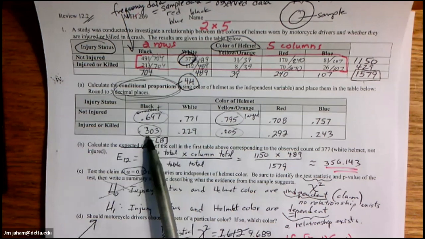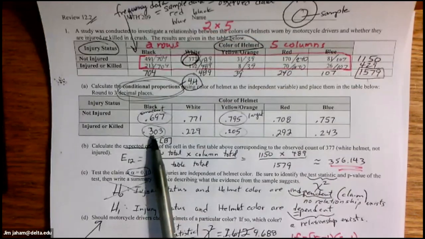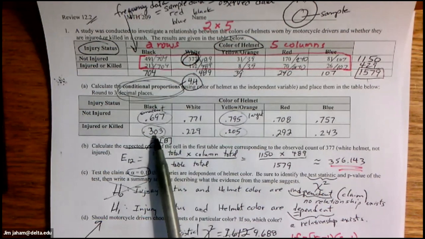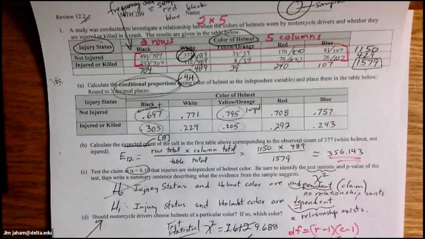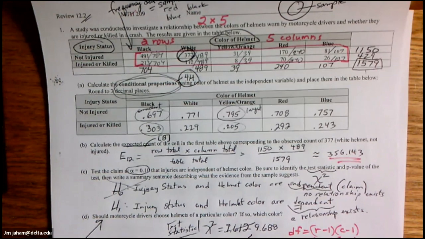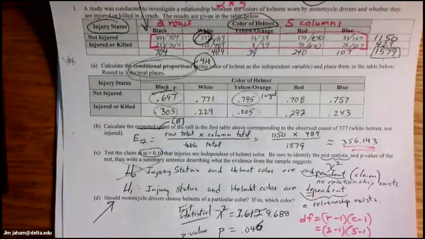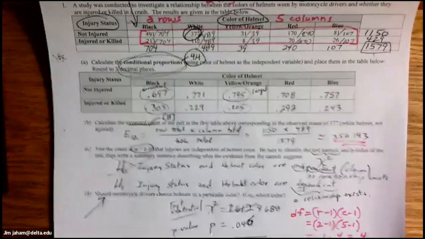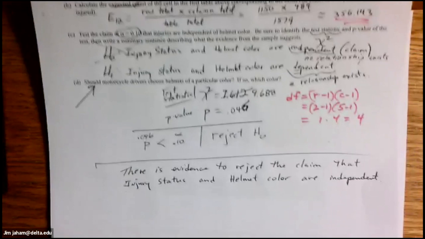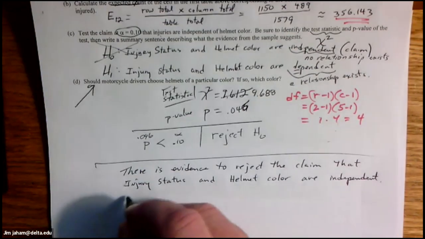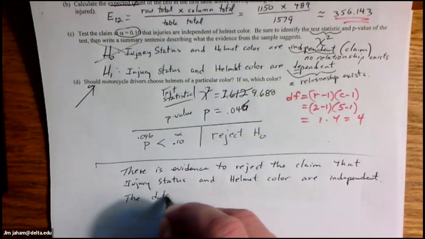And while it seems like a higher percentage of motorcycle riders in crashes are injured or killed when they're wearing a black helmet, that doesn't mean that a black helmet causes the death or the injury. So there's probably some other variables out there. Unless the manufacturer of these helmets are making the yellow and orange ones safer for some reason, but I doubt that that's happening. But for this one, we're going to go on to say the data suggests